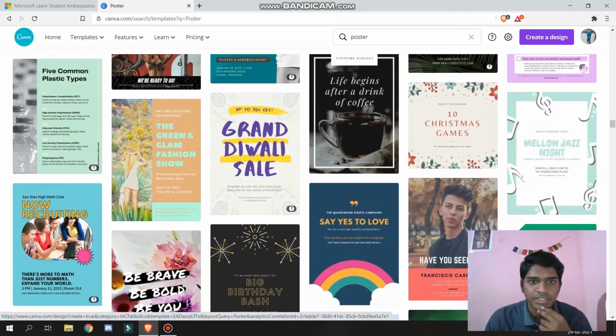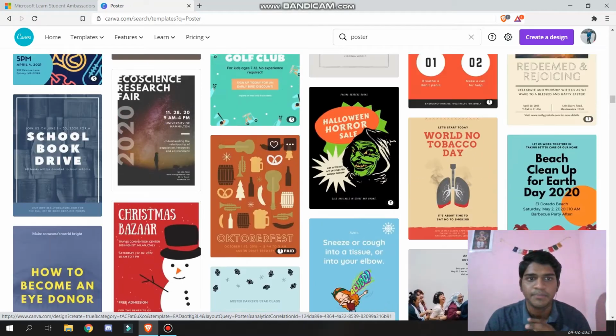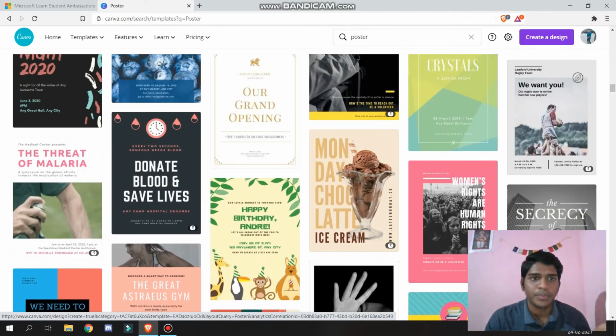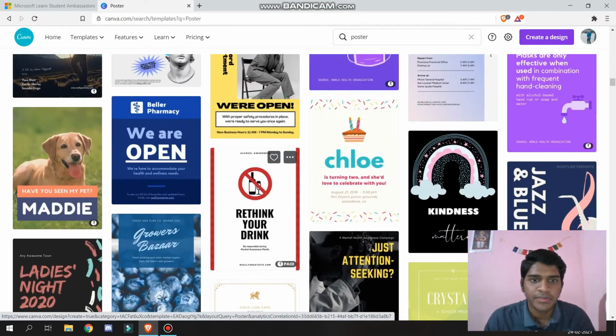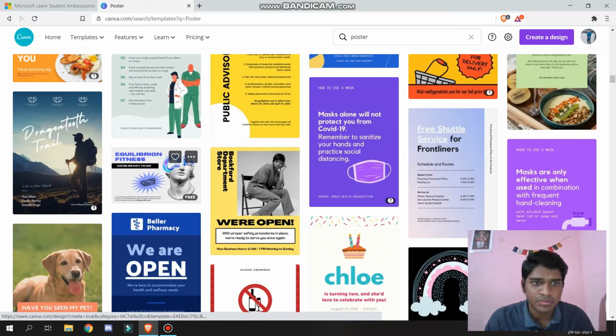You need to make sure that there are two types of Canva account: a free one and a premium one. Obviously you need to pay for the premium one. For the free one, you will know by coming to this template. Here you can see there's a logo or symbol which says it's free. So you can freely use this template, and while downloading after doing your personal touch or editing, there will be no watermark on this template.